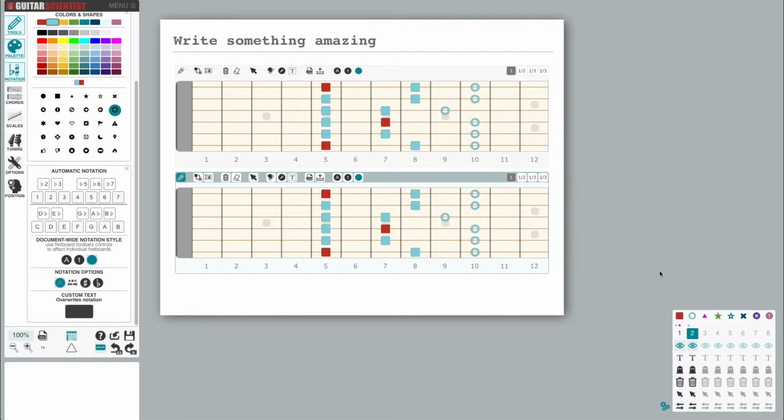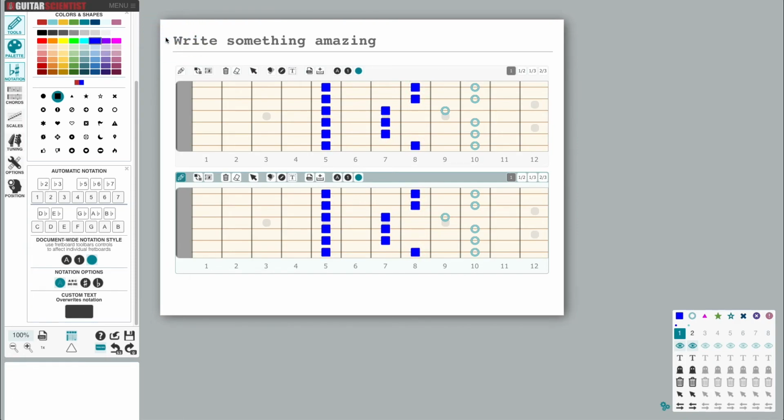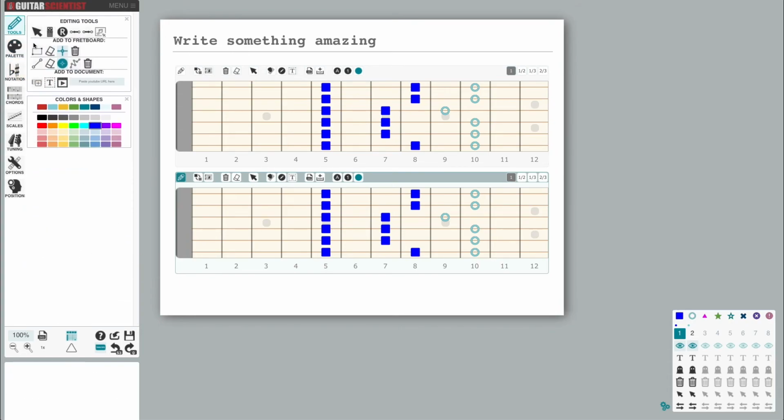If, instead, I use the icon from the Layers panel, I will add to the selection all markers from that layer from every fretboard. As always, I can edit the color and the shape of all selected markers, and I can always edit the selection by adding or removing markers one by one if I click on them. These functions can come in handy to modify the general looks of an existing diagram.